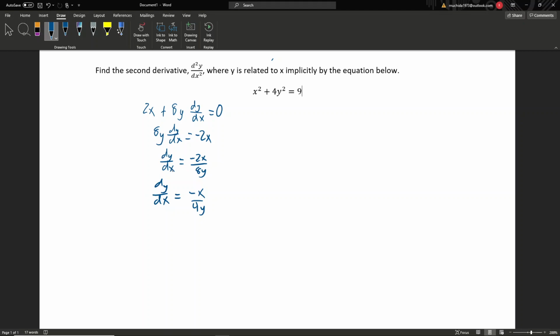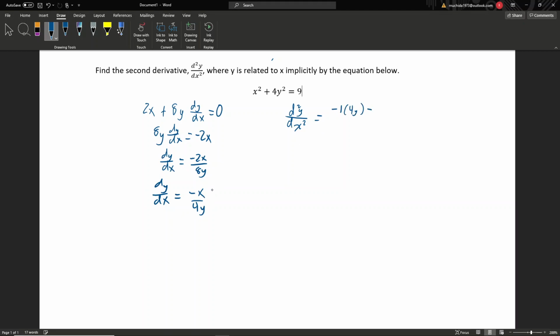Now we need to find the second derivative of this negative x over 4y, where again y is a function of x. So this is a quotient of two functions of x, and we're going to have to use the quotient rule. We take the derivative of each side. The derivative of the left side is just d squared y over dx squared. For the right-hand side, using the quotient rule, it would be the derivative of the top, the derivative of negative x, that is negative 1, times the denominator, so times the 4y,